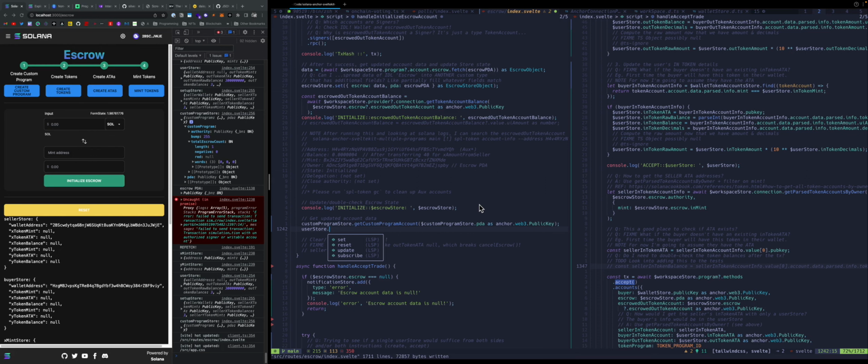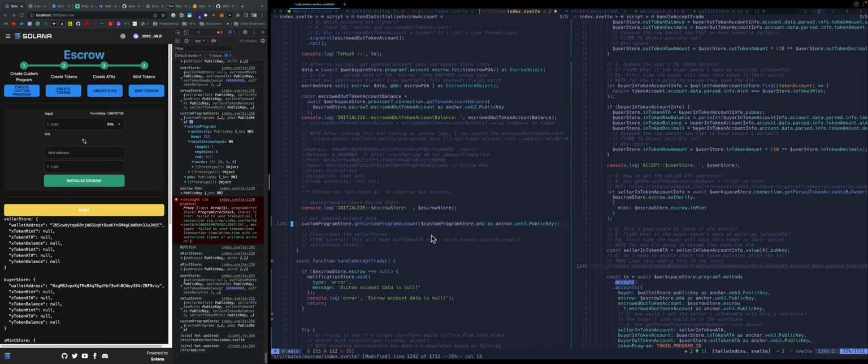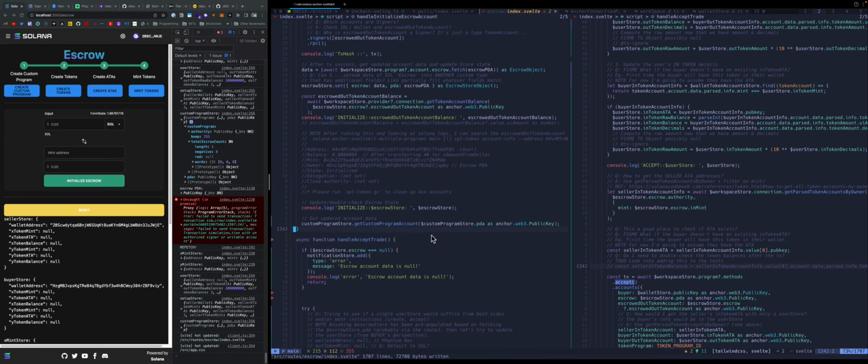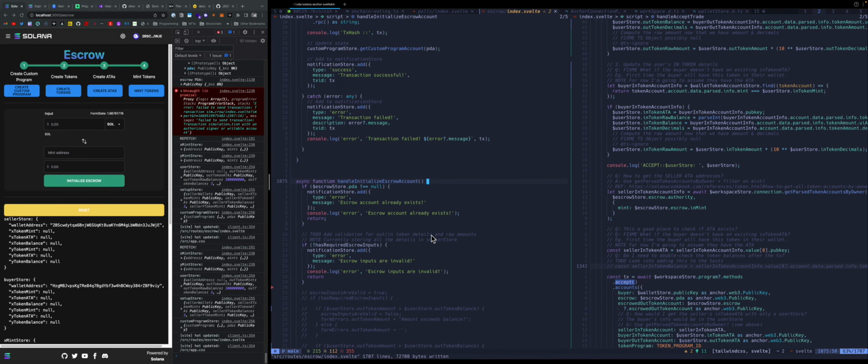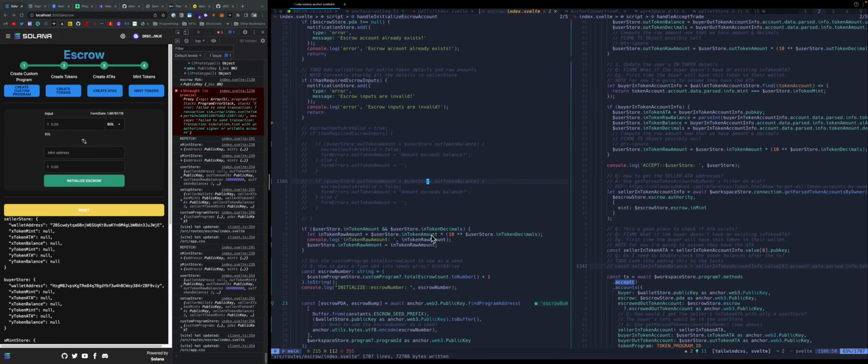What do I have here? Reset. Don't need to reset anything, but I certainly could get that. I mean, really, that's that. I don't know if I really need to, like, what I need to do after we initialize an escrow. That's fine. But after we initialize,